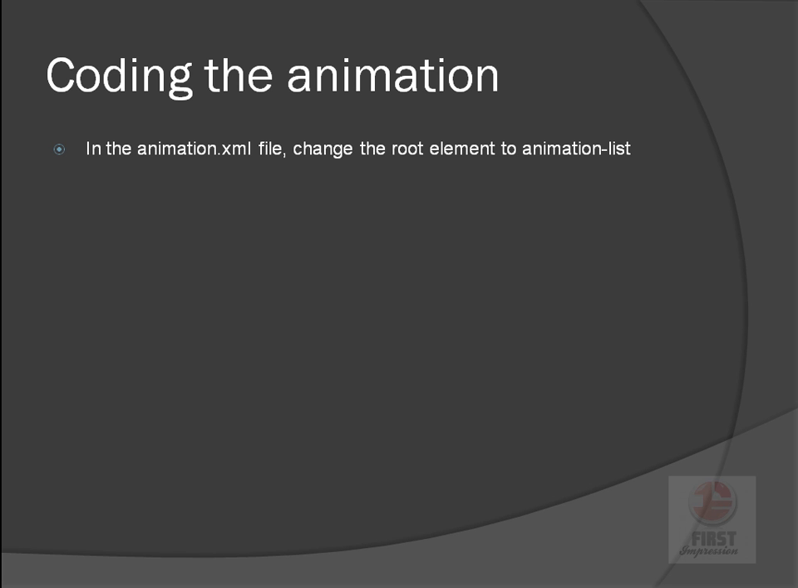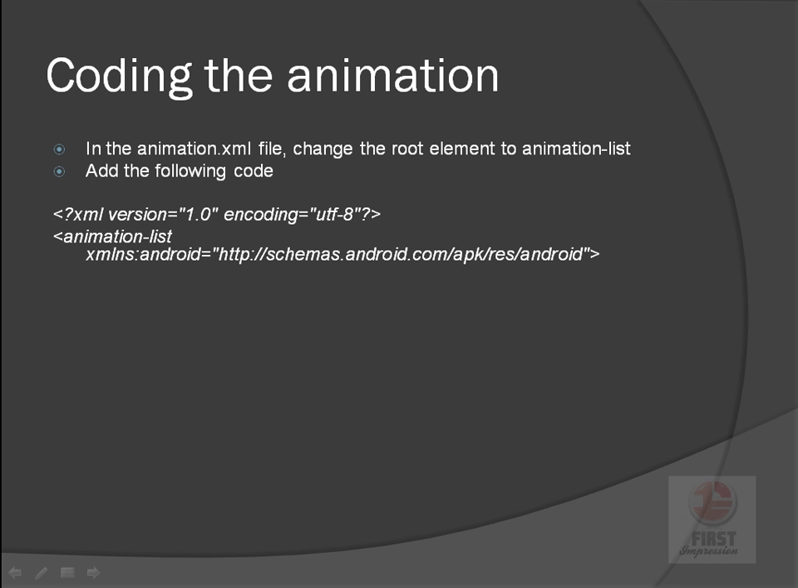First open the animation XML file and change the root element of that file to animation list. So let's see how we do that. We have to first change the root element of the animation XML file to animation list, and copy this complete syntax from the main XML file of a project. We'll do this when we actually code this animation in the Let's Do It section. For now, just understand that we have changed the base element of the XML file to animation-list,